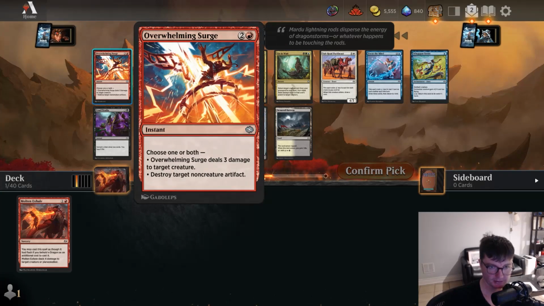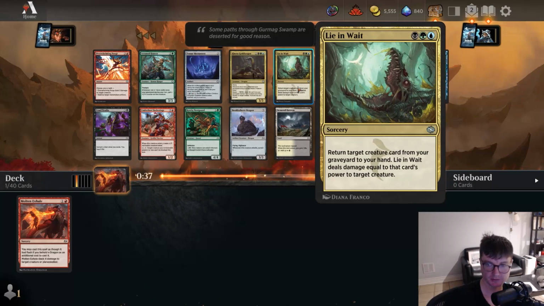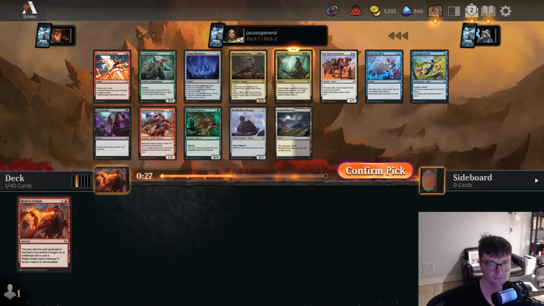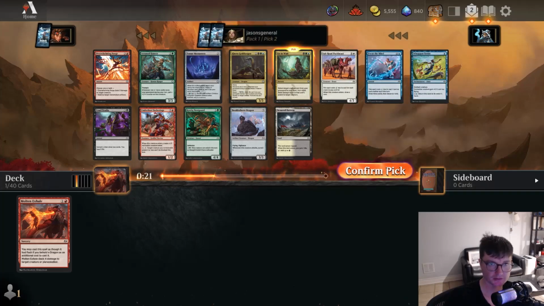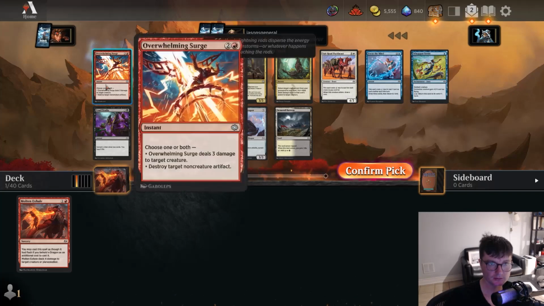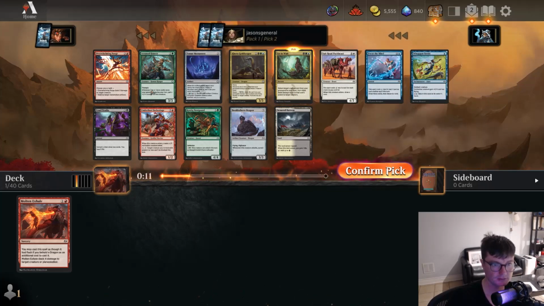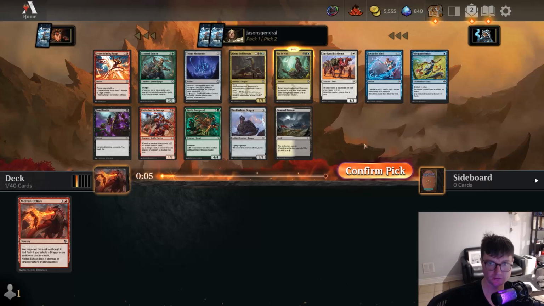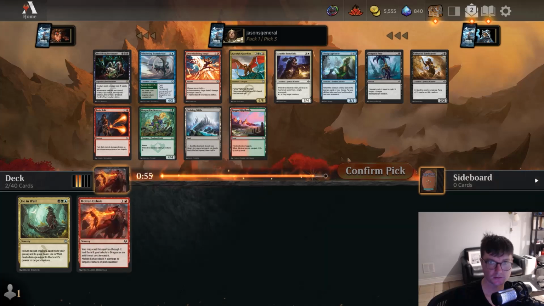This deals 3 damage to target creature, destroy target non-creature artifact. Return target creature from your graveyard to your hand. This deals damage equal to the card's power to target creature. Target creature from your graveyard to your hand. A friend of mine was playing with this card yesterday. It seems really good. Could also just take this removal. Alright, well, I guess if we're taking this...